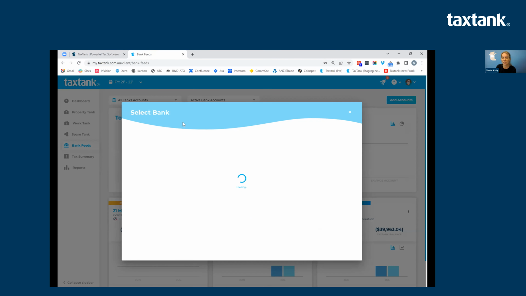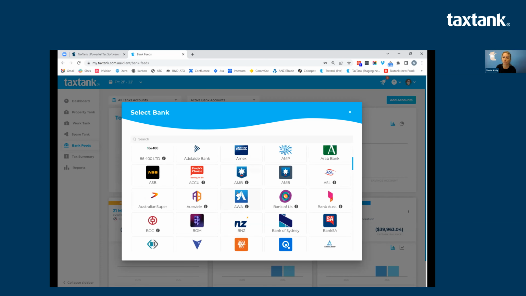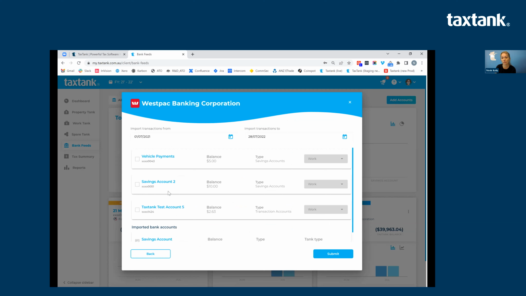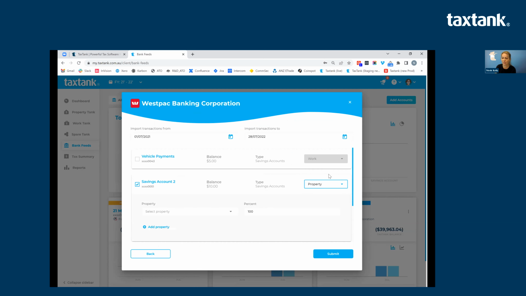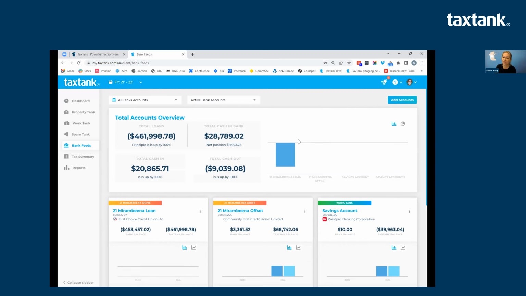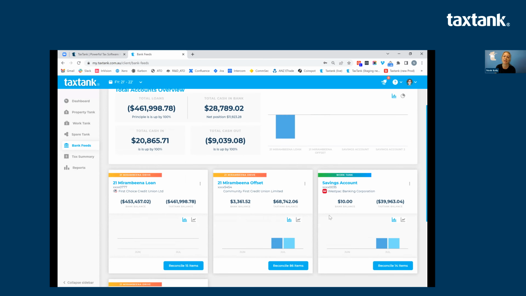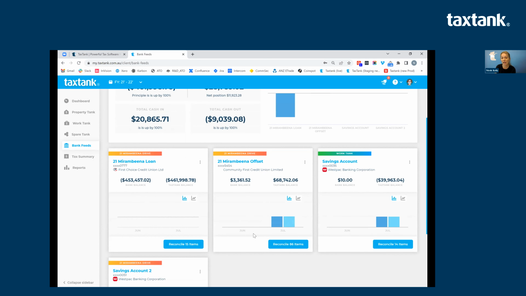So adding accounts is pretty simple. You just select which bank you want to link to TaxTank, and then you select which bank accounts you want to feed through. And when you're selecting a bank account, you would select which tank. And if it was property, you would select which property. Once you've added all of your bank accounts, the system will automatically pull transactions to the 1st of July in the prior year, unless your bank doesn't permit that, but most banks do. So they will automatically feed through and you can start to allocate